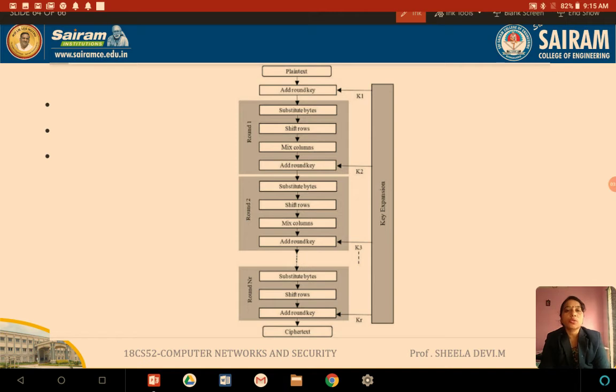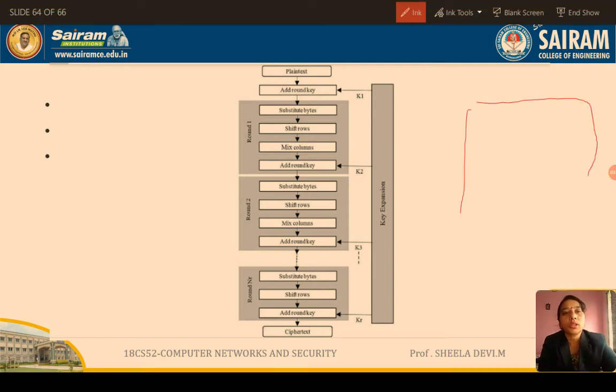The first one is substituting the bytes. What is substitution of bytes? We'll be having the data hexadecimal value, which is divided into blocks of 128-bit size. A substitution takes place with the help of the S box. This is nothing but the substitution box. It has a tabular column in which all the combinations of values will be there, 1 2 3 till F. So here this is a row, this is a column, and like this.